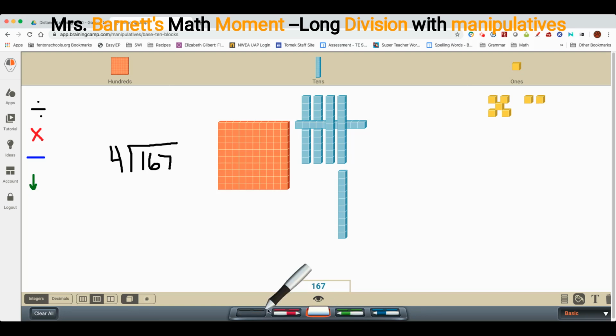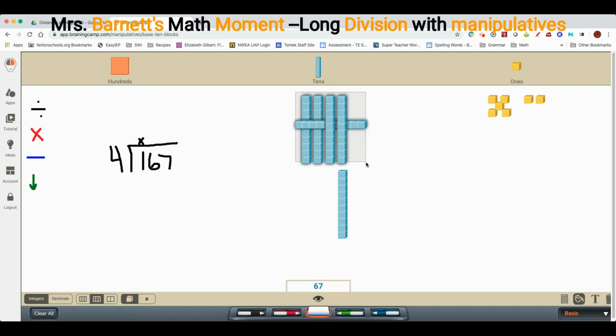Can this flat 100 get broken up into groups of 4? Not in the configuration I have, so I cannot make that flat change. But I can trade this flat for 10 rods because that is 10, this is 10. 10 groups of 10 is 100. So I'm going to trade him in, and I can end up making,